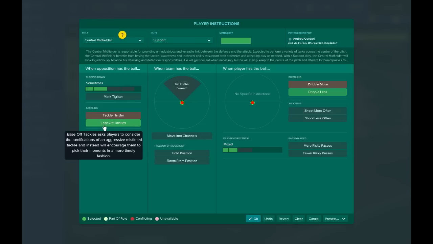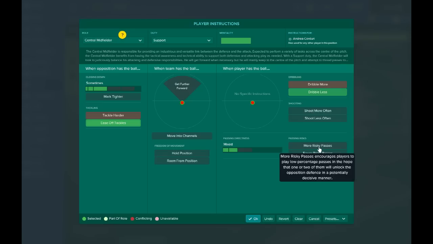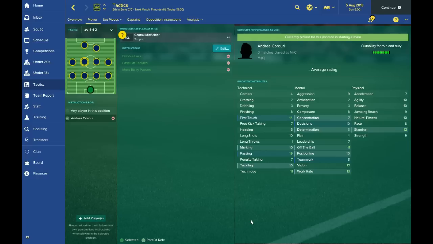So potentially asking him to ease off tackles is going to be quite a good thing to do. Just having a look at the more risky passes as well. So if we have a look, yeah, potentially he might have a good chance of playing more risky passes. Like I mentioned, if you do get him to play more risky passes, then obviously he's got the potential to